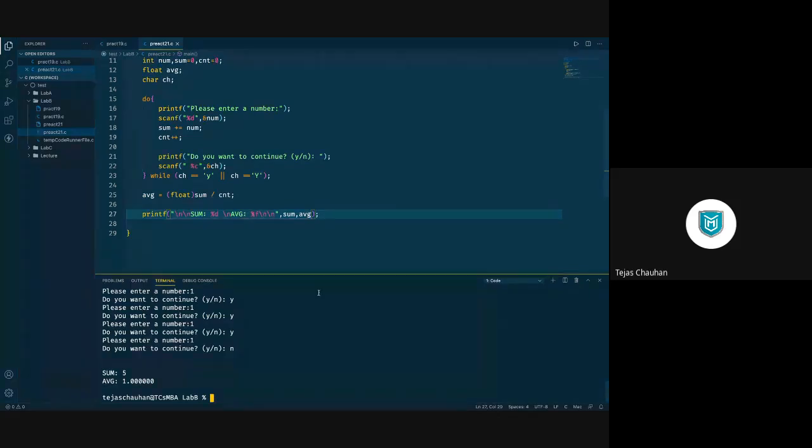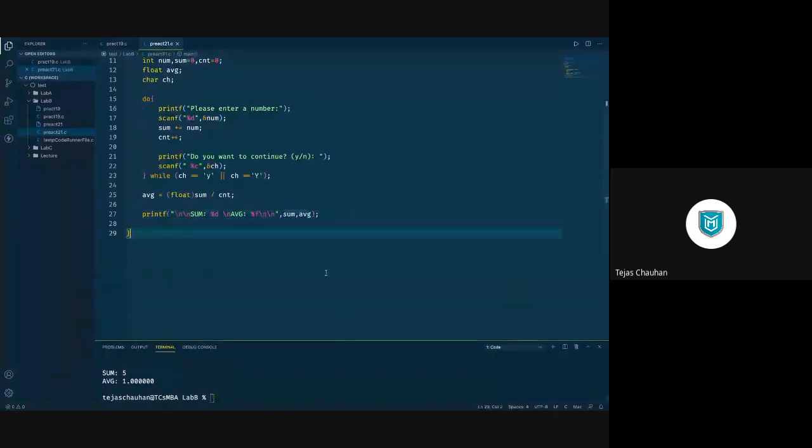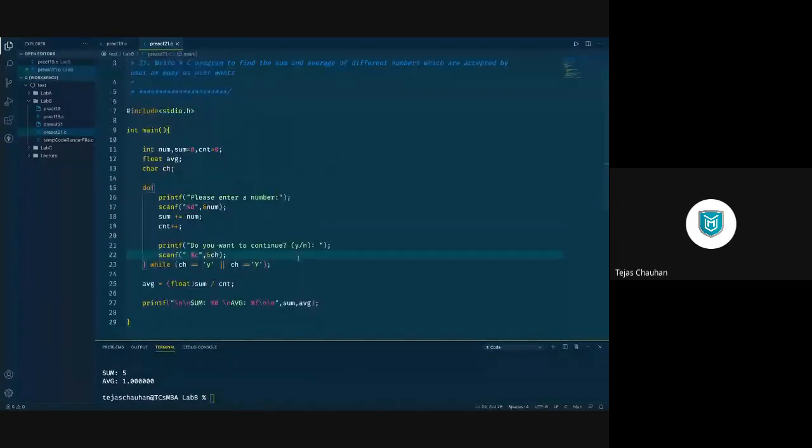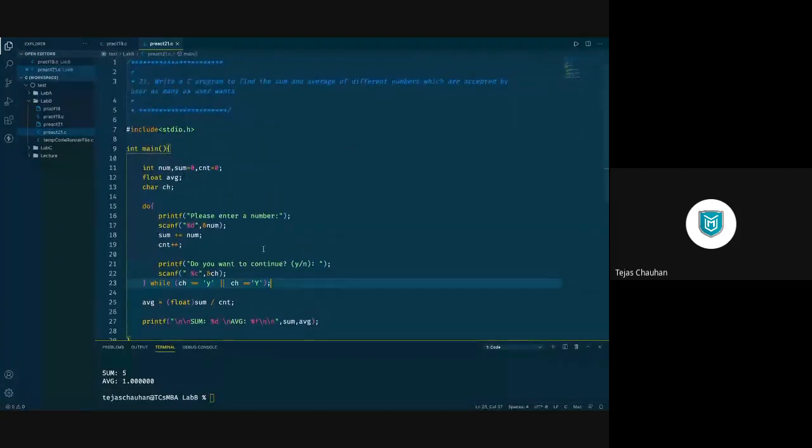The 21st program says take numbers from user, और यूजर से आप चॉइस लोगे कि आपको कंटिन्यू करना है तो करो, नहीं करना है तो let us know. And based on that choice, you are going to repeat this process. So this is what actually we want to learn from this example. We can execute a loop till user wants. Based on user's input, we can run a loop here. Okay, so that's the 21st program.